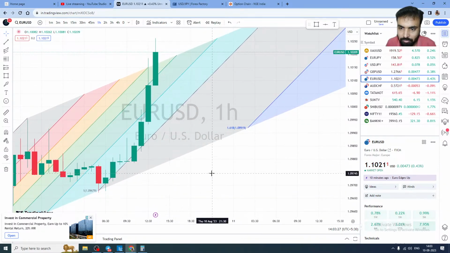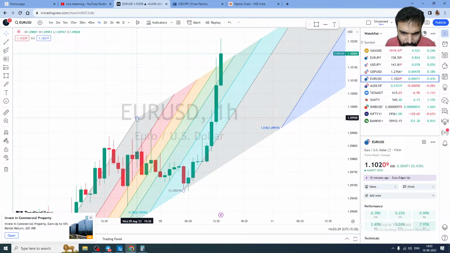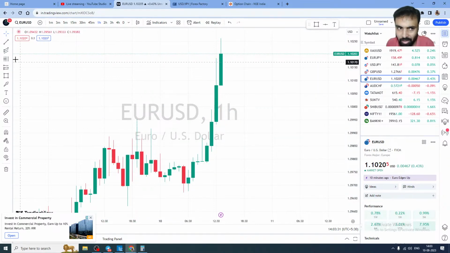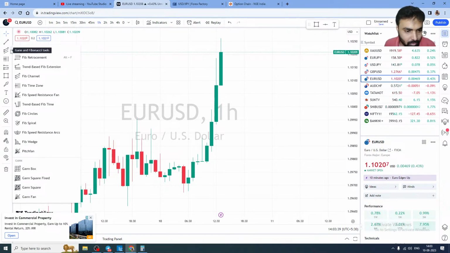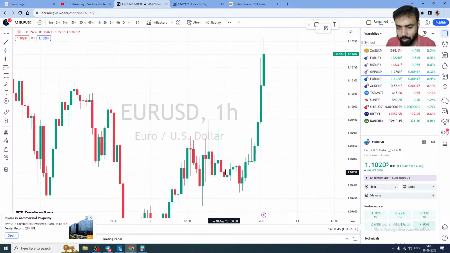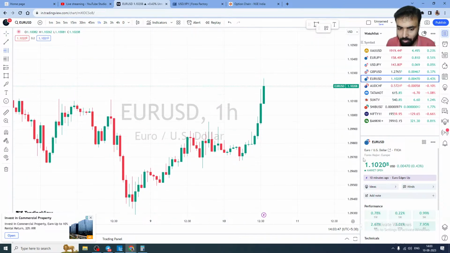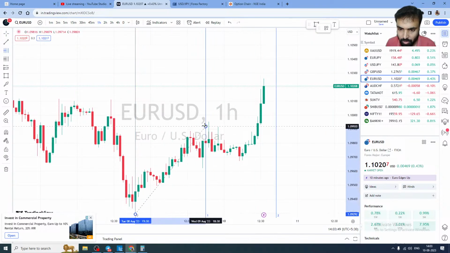So like that you can use it. But these and all don't have any proper way of trading. This is not a proper way of trading. You have the time zone. Yes, the time zone, that was what I was looking for. Okay, from low to high.